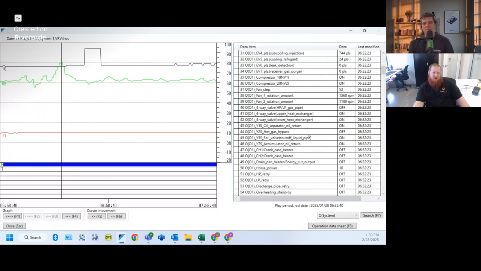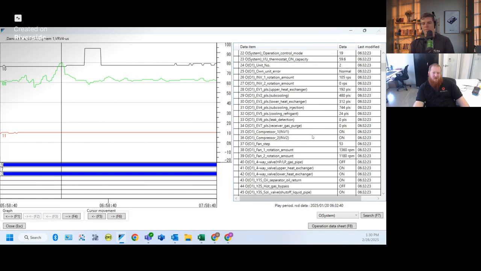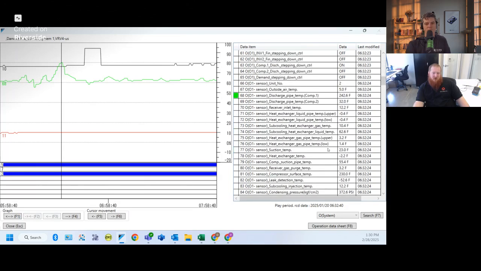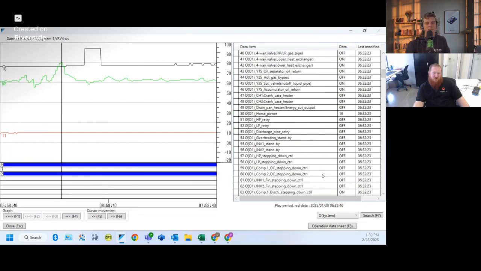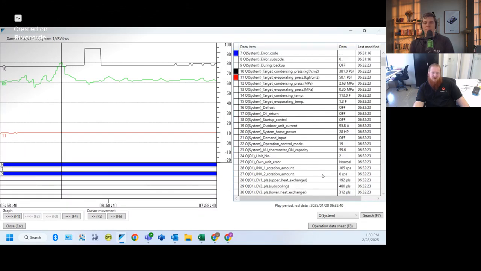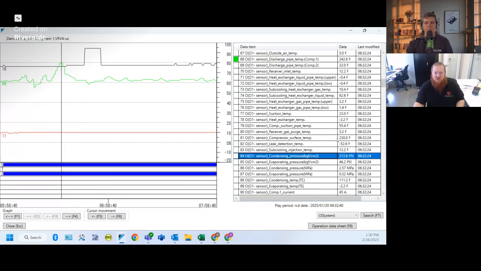But let's go back to the top when we're saying I like to find these. We're running in heating only mode, so low pressure isn't really an important characteristic to me right now. So we're looking at the high pressure, 372. I mean, that's okay. It's not the greatest because we are a little bit shorter than our target, but I give myself about a 10% leeway from target to actual, to where I think that I'm probably going to have